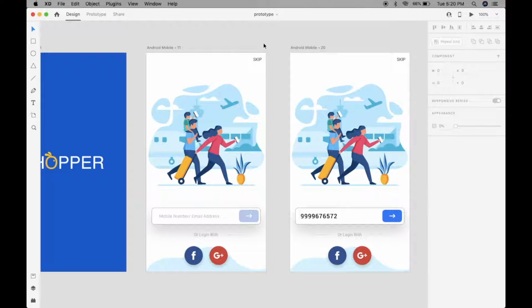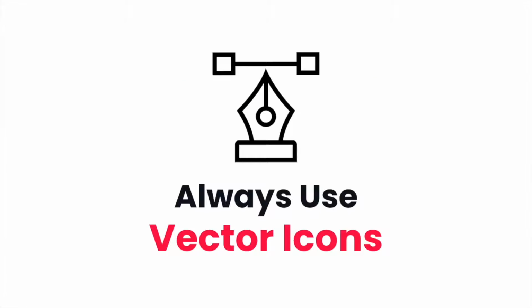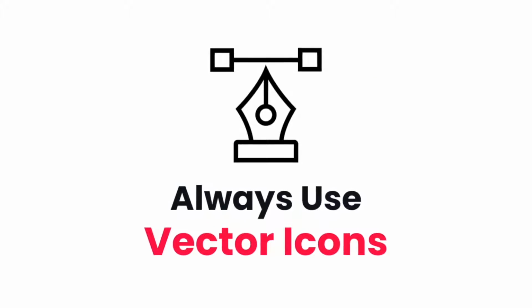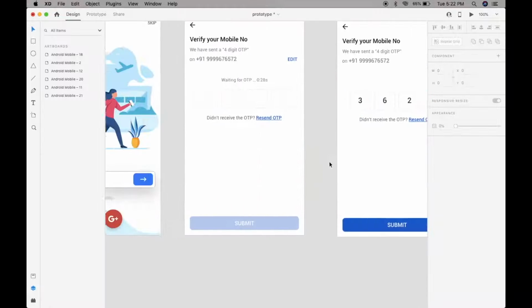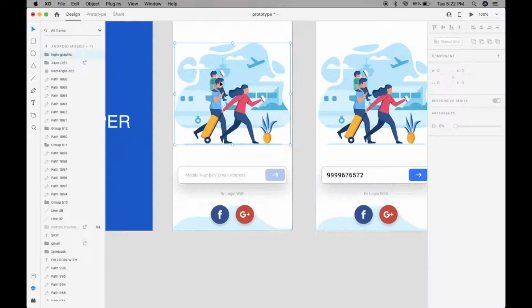We are developing all these images for Android, and whenever you design, you should always use vector icons, because if you use a PNG image and export for developers, the resolution of that image will increase. When those images are exported in 1x, 2x and 3x, they will become pixelated if they are not vector. That's why we use vector in our designs, so that when we export the images, they will not pixelate. First of all, I use this graphic,